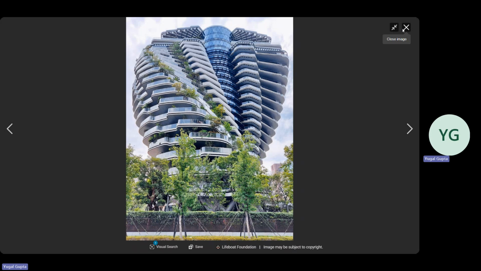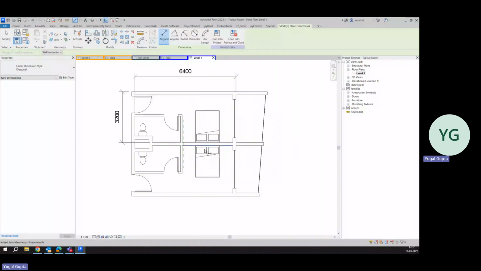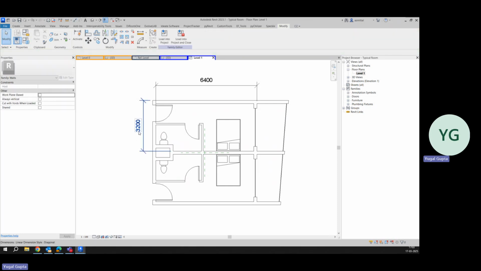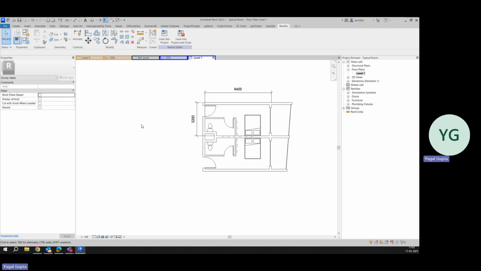For example, if I show you one layout for a hotel room, it's a very typical layout of a hotel room. And the grid we are following is 3.2 meters. So from here to here, it's 3.2 meter. And from here, it's the double of 3.2 meter. The size can vary from hotel rooms from place to place, but we are keeping it as a